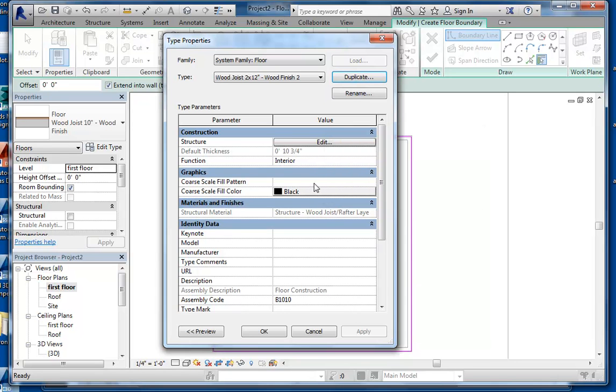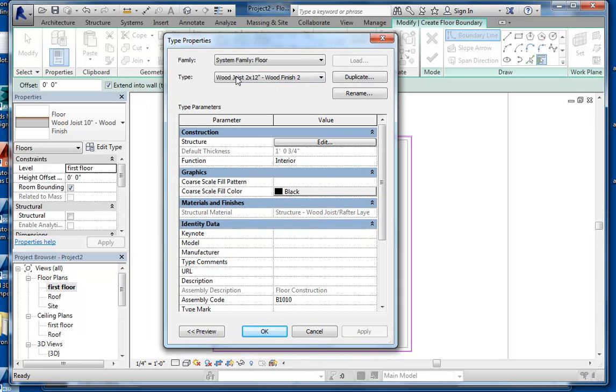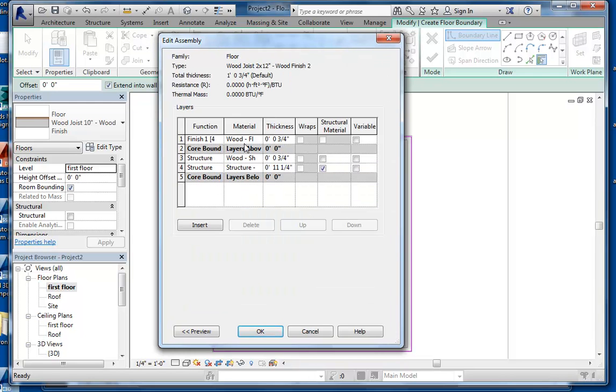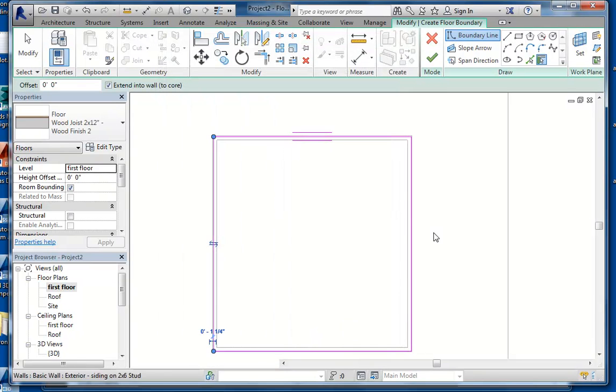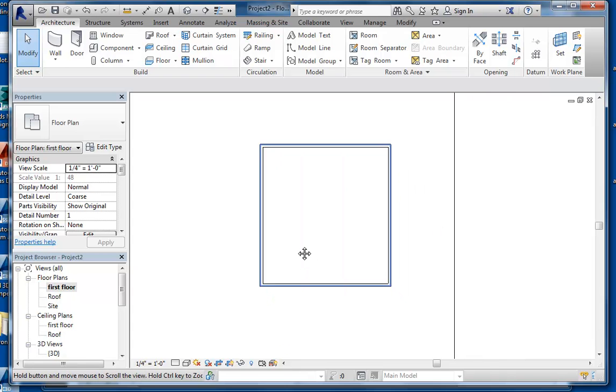And then in my structure here, I'm going to edit that structure so that my wood structure here, instead of being 9 1/4, is 11 1/4. And that updates my floor system so that it matches my 2 by 12 joists with 3/4 of an inch sheathing. You have sheathing here, and you have 3/4 of an inch finished floor. So that makes up the floor plate, it's called. Okay, so I can check that off and say I accept that,